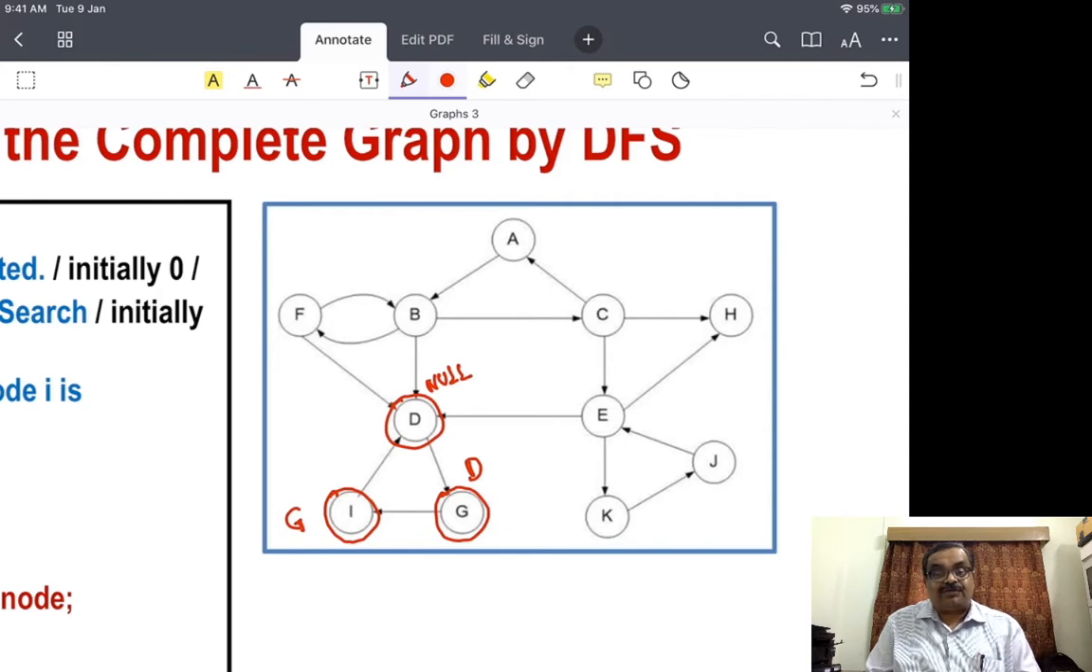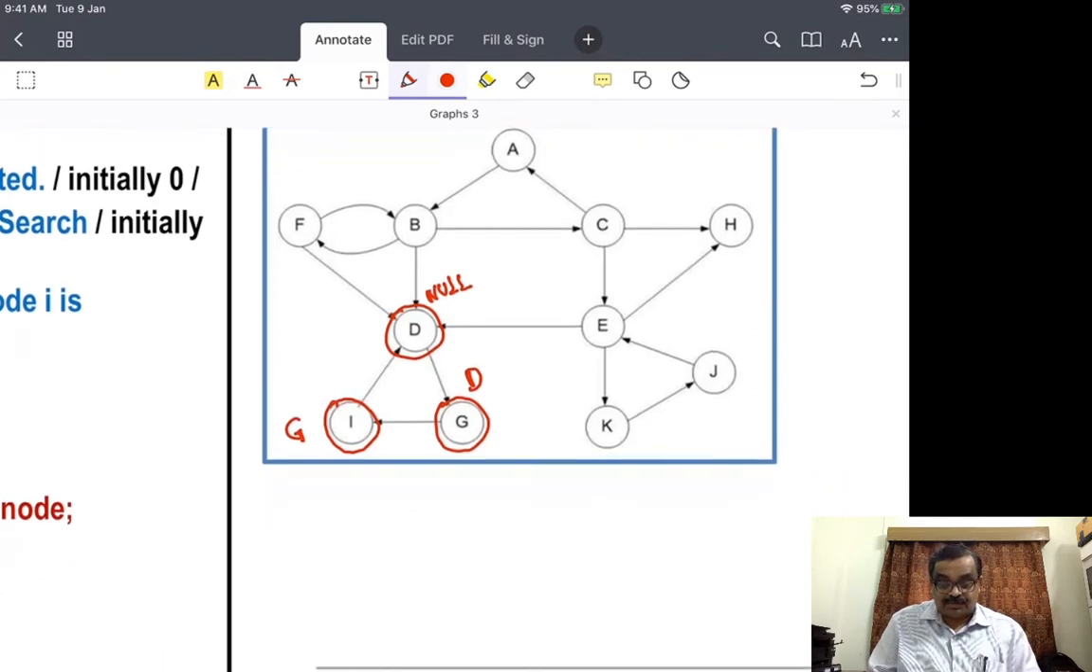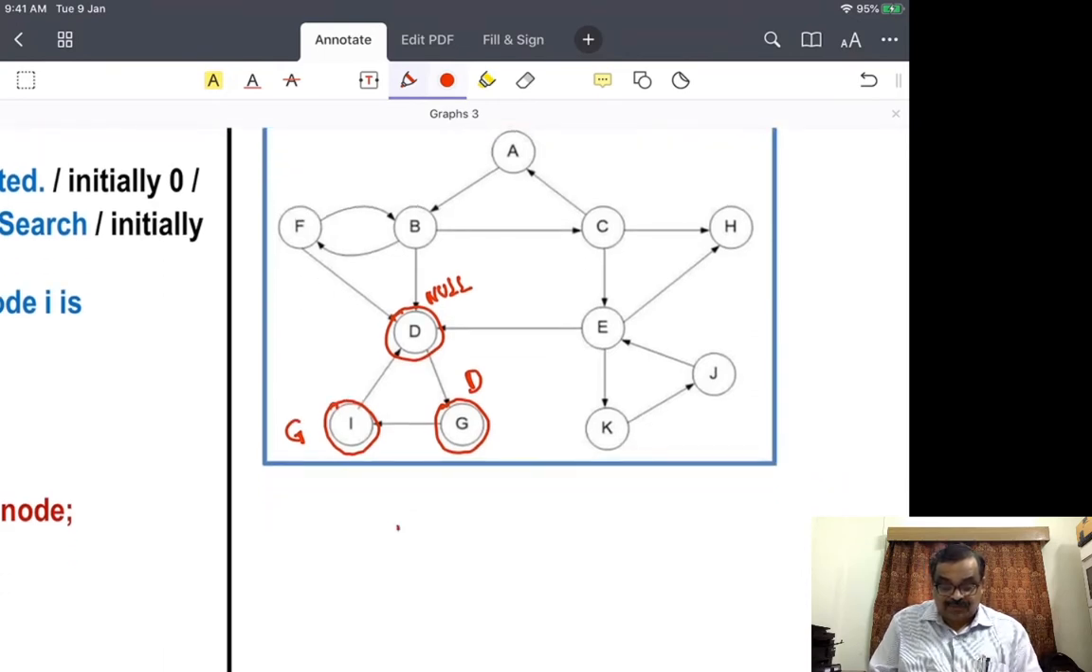So we started from A and we reached all the nodes. We started from D, we reached only these three nodes. So as we have done in the previous undirected case, we have to write an outer loop. In an outer loop, we have to write for each node I,